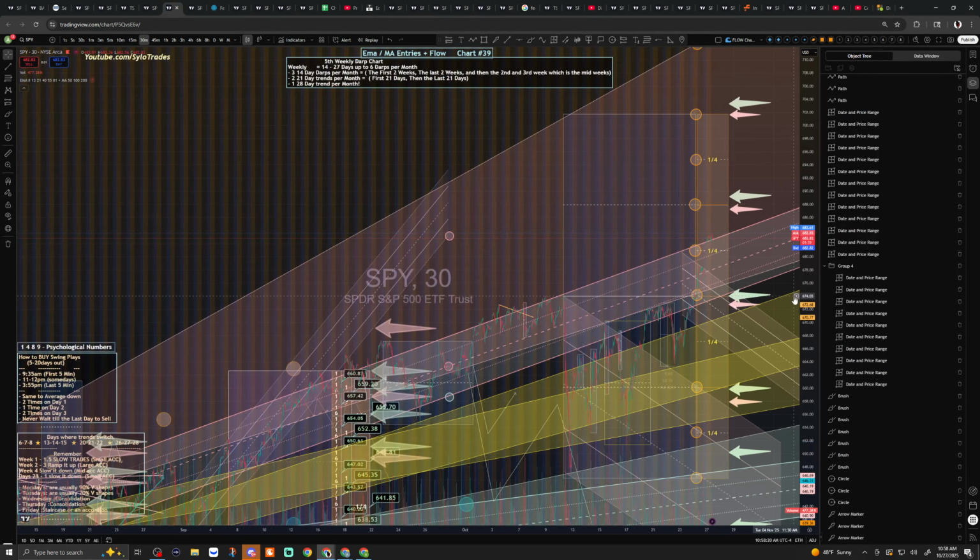Meaning you could just fall out the sky for whatever reason, anywhere over here that's in the pink. Anywhere that's in the green, you're going to get bought up, just like how you got bought up over here, over here, over here. Where's the next one? Remember how the market fell $30 out the sky? Perfectly here. And remember how you fell again the next day? Perfectly down here at the bottom of the yellow. So it runs up to the top of the yellow, runs down to the